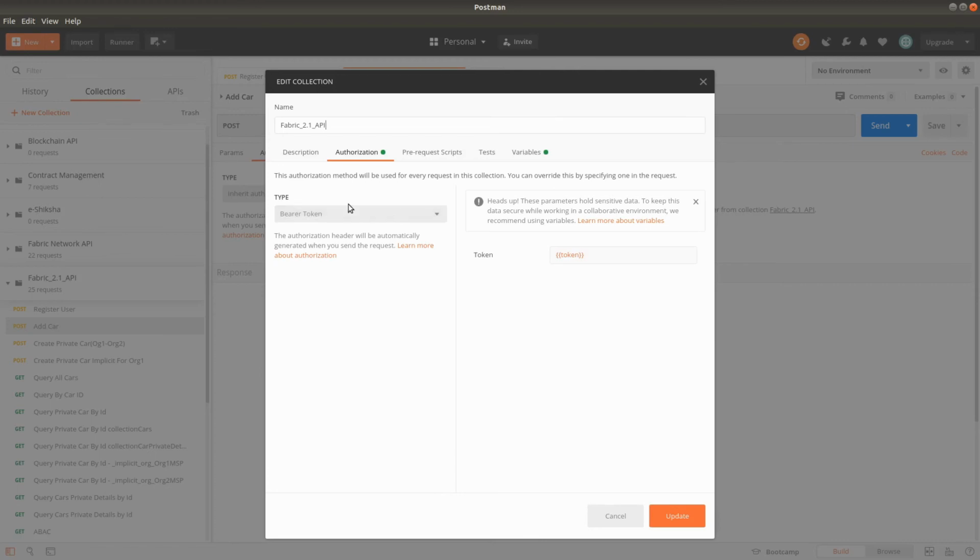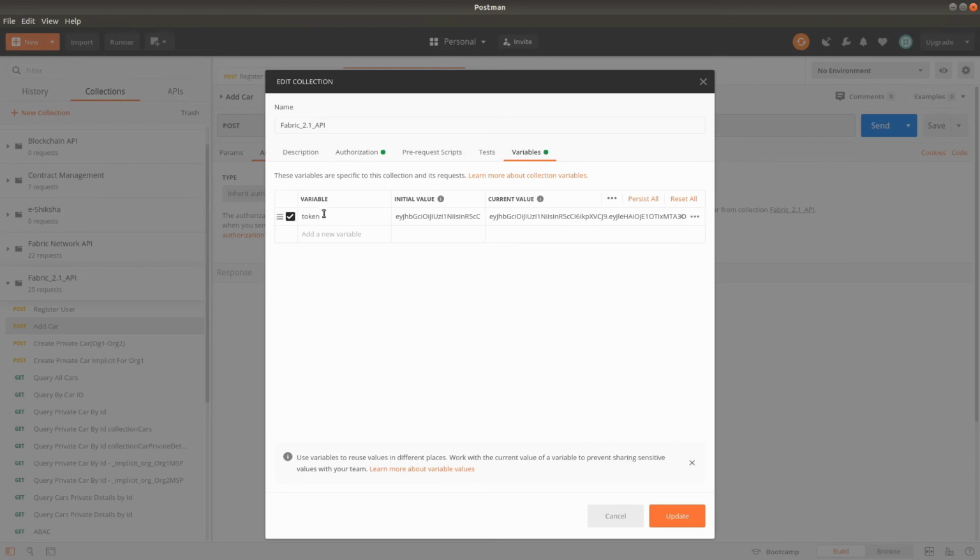I will show you. In authorization, we have already selected bearer token, and in front of the token we have created one variable, token, which we mention in the variables. The variable name is token, and it has two values, the initial value and the current value. Just make sure that you update the current value.